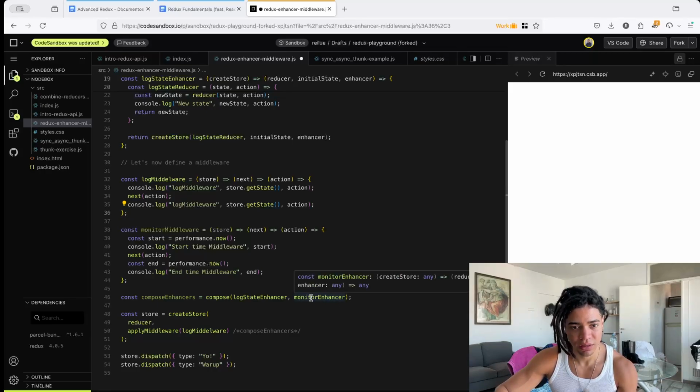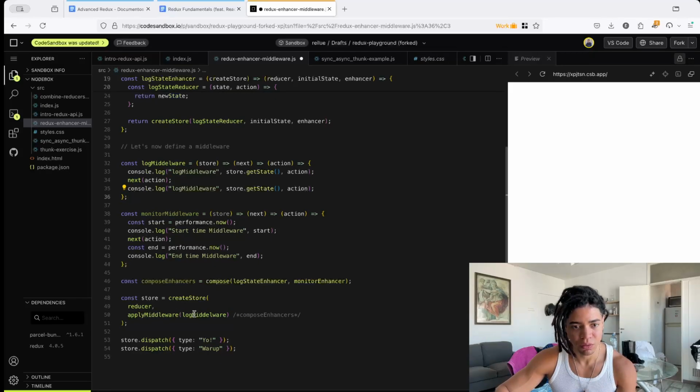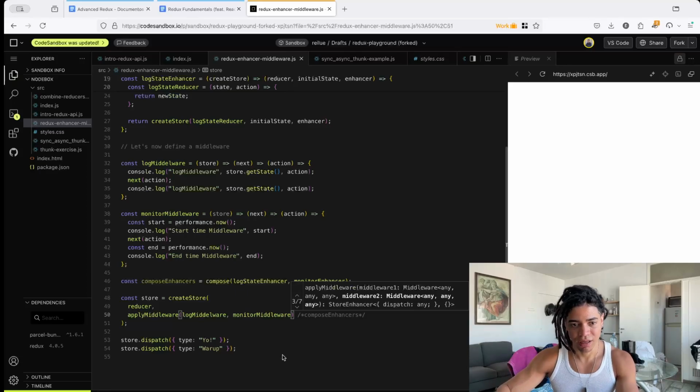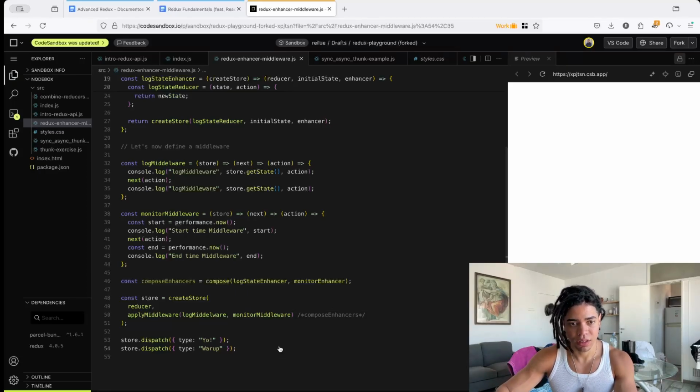Instead of saying this, compose, applyMiddleware, log middleware, similar to the monitor middleware. We're passing that as a reference, and then when we reload this,